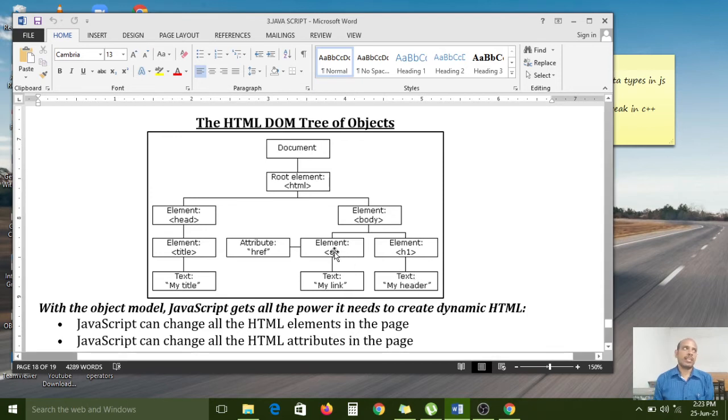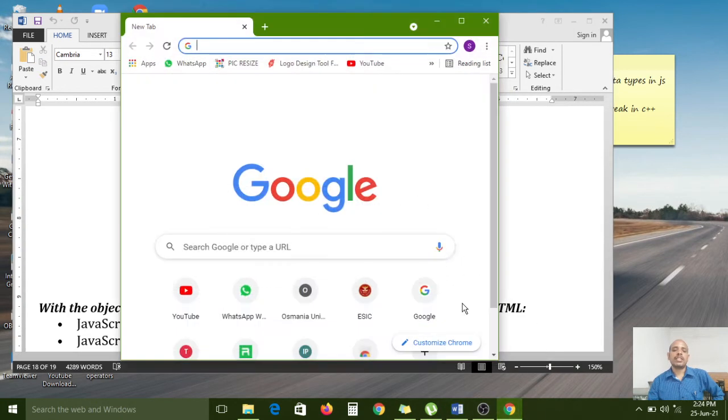In the anchor tag, with an opening anchor tag and closing anchor tag, in between whatever text we want to represent as a hyperlink, that text is also configured. So like that, the document maintains the tree format structure: it is the head section and the body section, two sections. Internally, whatever attributes we use are taken as a subpart of elements. So this type of structure is maintained for the complete web page.